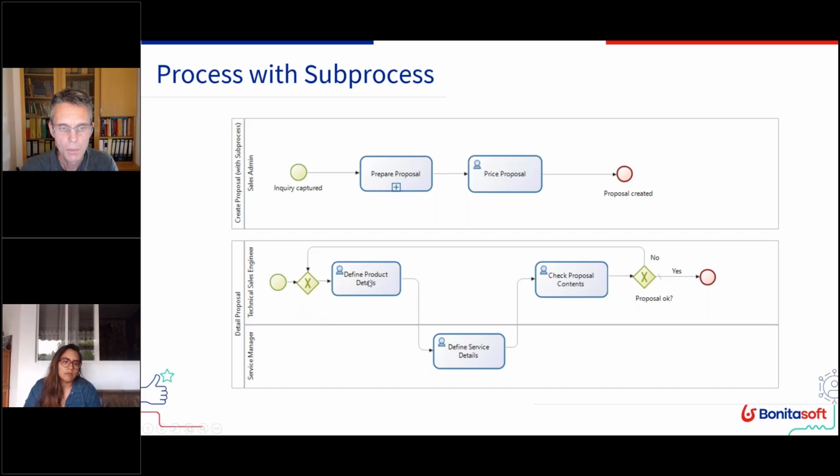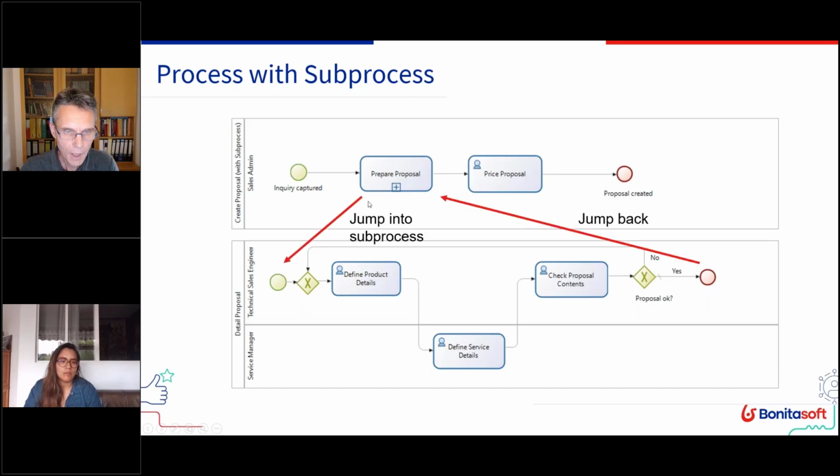And this process model is connected, so it contains the details of prepare proposal. When we execute the process, when the process arrives at prepare proposal, then we jump into the sub-process, and the sub-process will be executed: define product details, define service details, and check proposal contents. If it's not okay, we jump back here. And when it's finally okay, then the sub-process here is entirely finished, and we jump back to the original process,